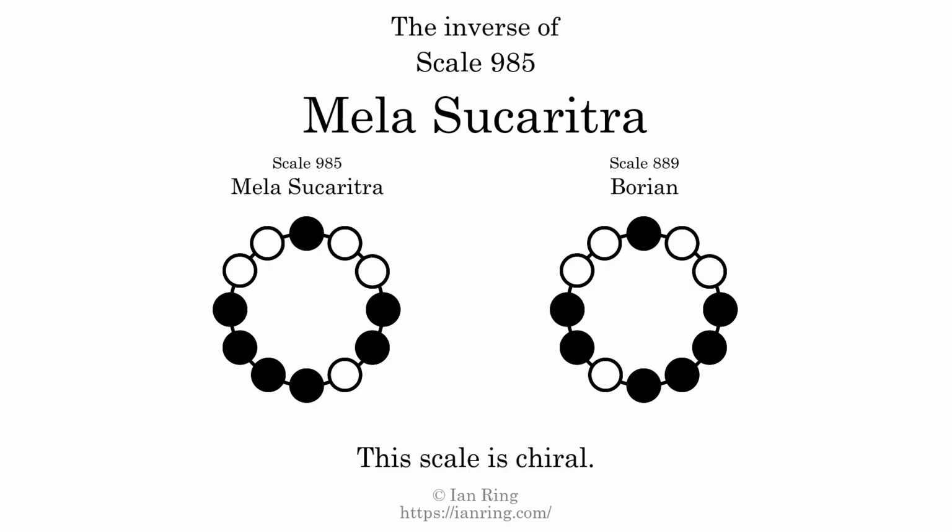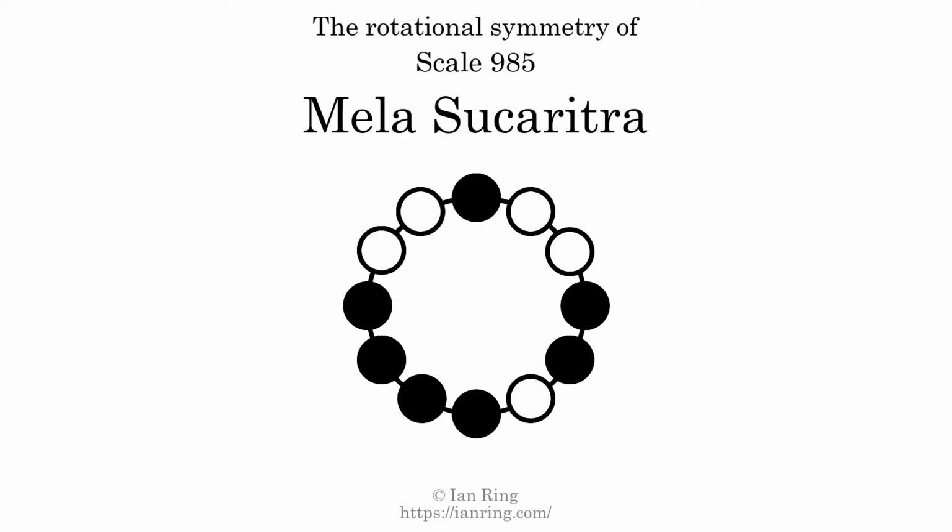The inverse of a scale is a mirror image. It is what you get when the sequence of intervals is reversed. The inverse of this scale is scale 889, also known as Borean. This scale is chiral. It cannot transform into its inverse by rotational transformation. This scale has no rotational symmetry. For even more detail about this scale, visit